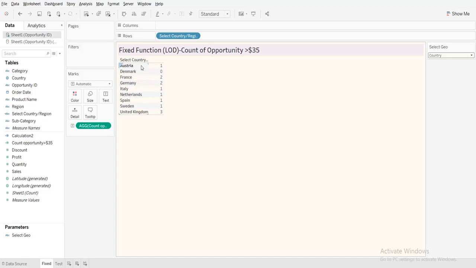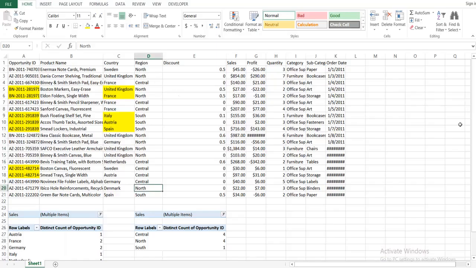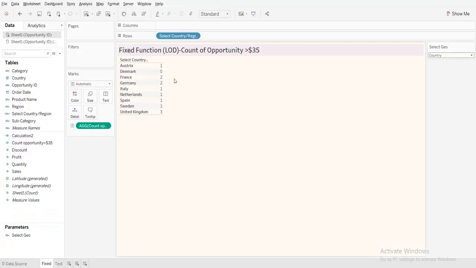For this I have used a data set. This is an Excel data source. I have opportunity IDs, country and region, and then sales. Suppose for Austria, there is only one Austria, and the sales is greater than 35, that is why it's showing 1.